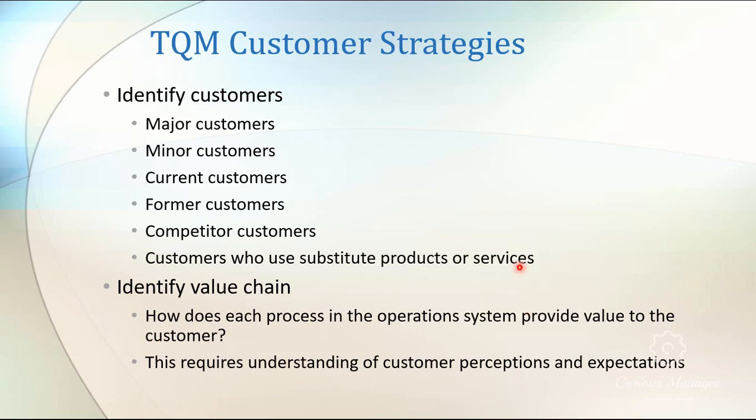So once you do this, you identify the value chain. In this step, I didn't say this, but you model out all the processes. How do the processes flow? And what this does, this focuses on interactions between everybody. Who interacts with who? And then once you figure it out, you look at the process they do and how their process adds value to the customer. And then at that point, you can understand what could be waste, what cannot be waste, and then you start your improvement measures within each of the processes.